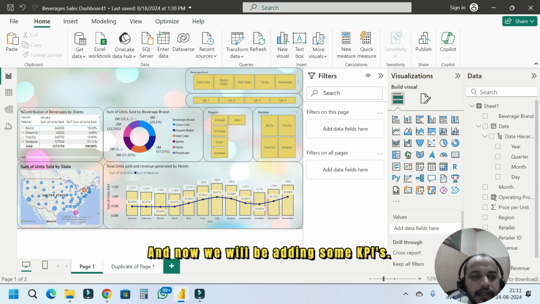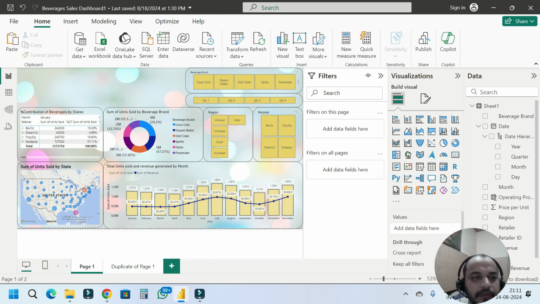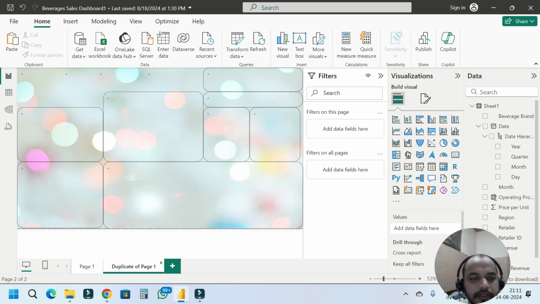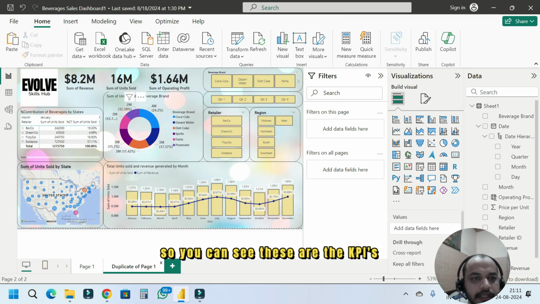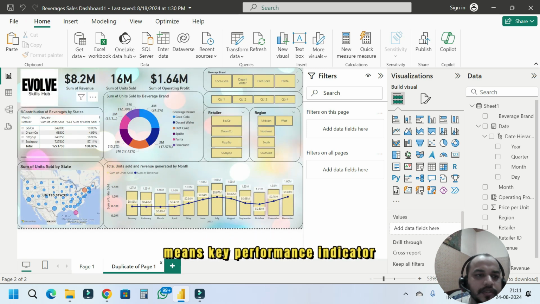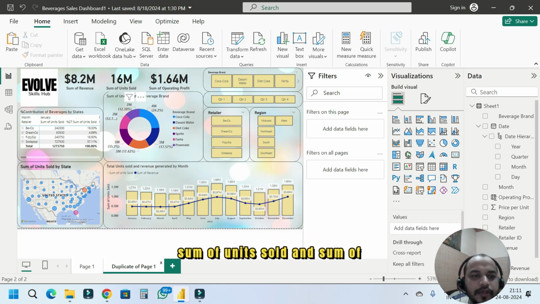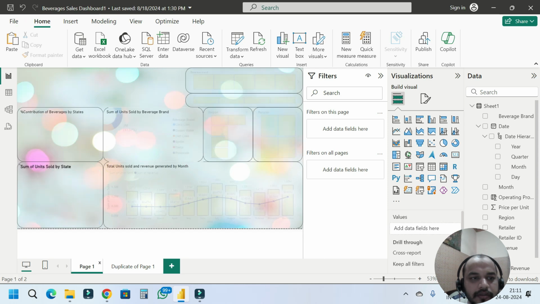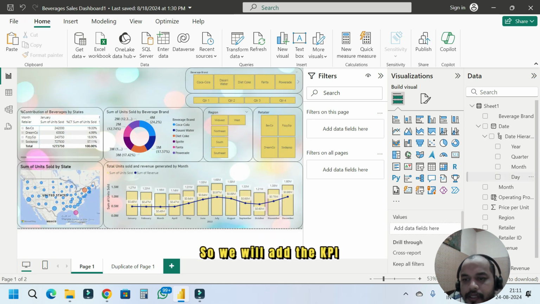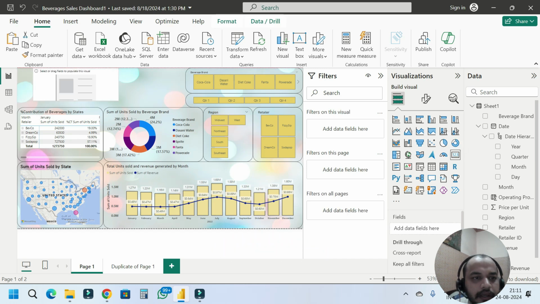And now we will be adding some KPIs. So the first, you can see these are the KPIs, meaning key performance indicator, and we want to show sum of revenue, sum of units sold and sum of operating profit. So we will add the KPI view, this one, card view, and